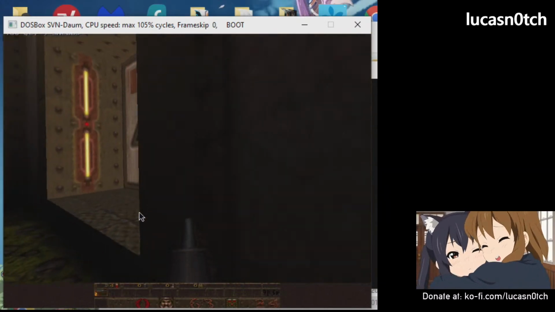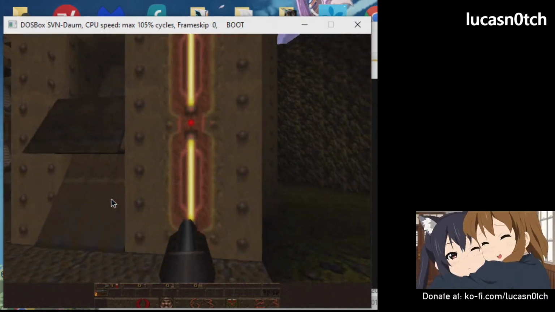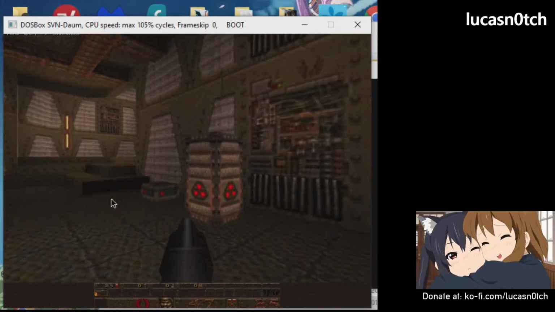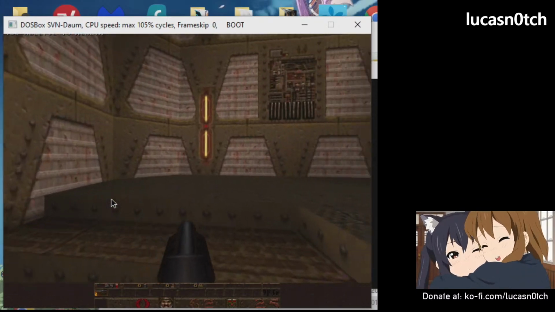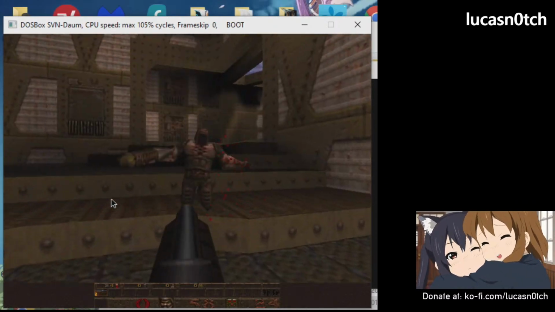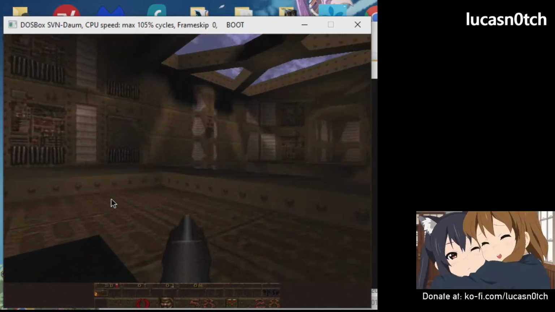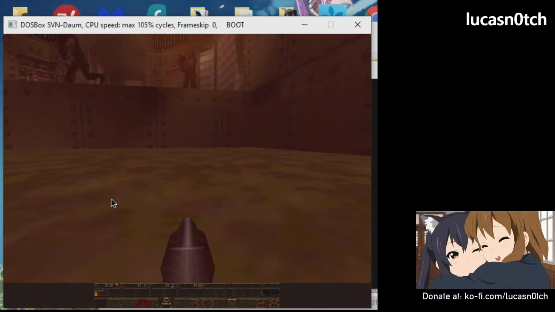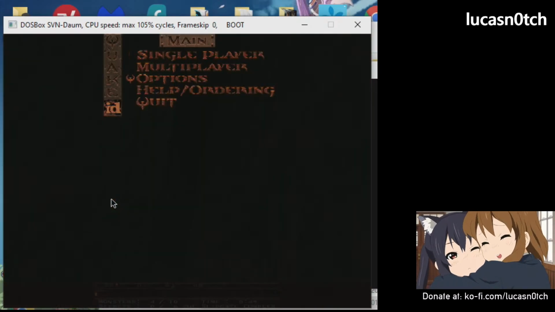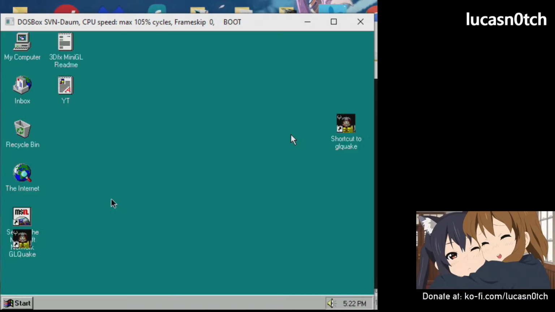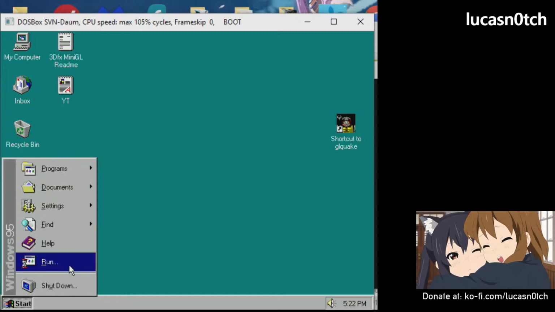So I did get some more stuff. It is kind of gory. It's kind of gory too, but of course there is. So basically, that's Quake. Unfortunately, I cannot show more of the gameplay because of, so this is actually a shareware version. So after running Quake, we got to show you something